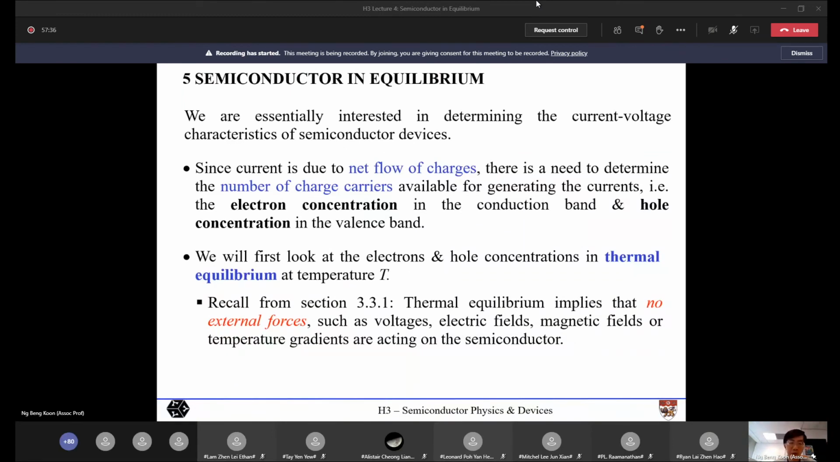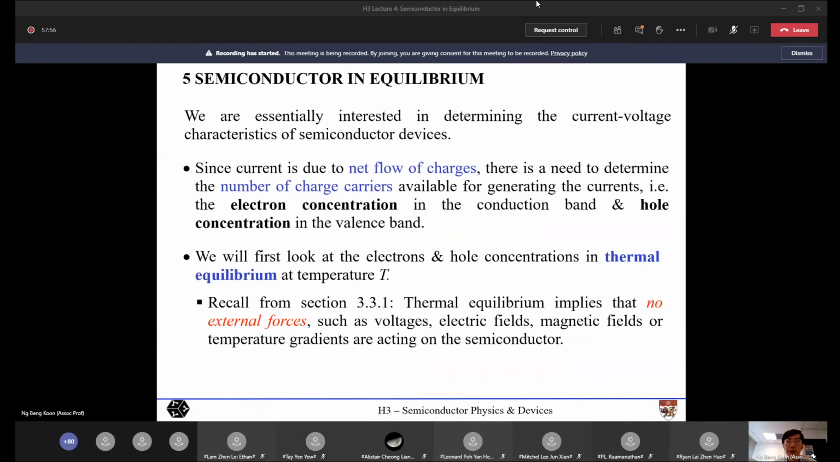Similarly, the hole concentration in the valence band, these are also charged particles that can carry current. This is also another important parameter that we need to know how to calculate. So for today's discussion, we are focusing on what we call the thermal equilibrium condition, where, if you recall,